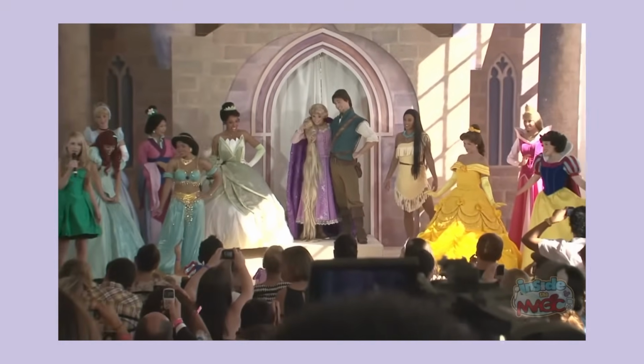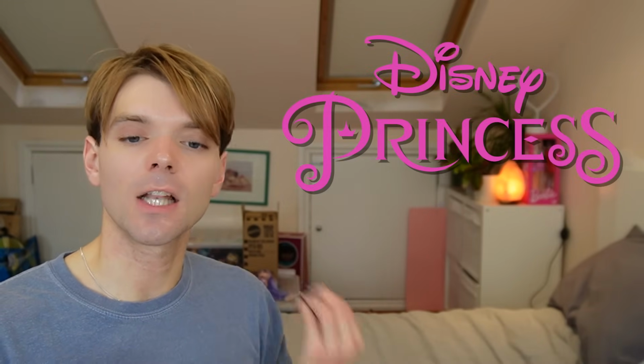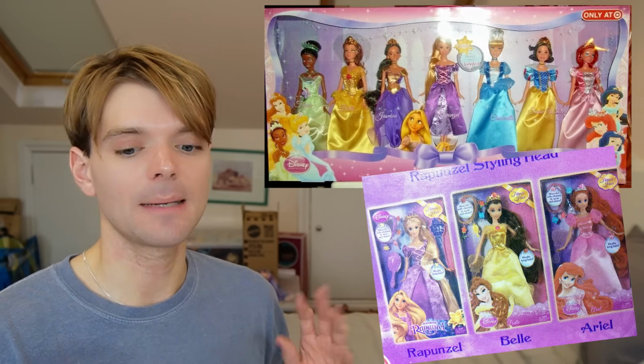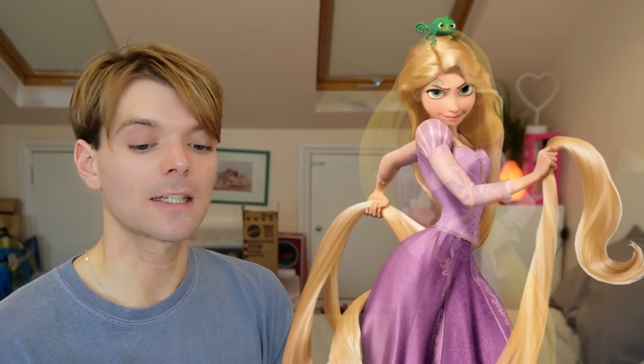Of course, after the coronation, the Rapunzel dolls' branding would change because they were no longer part of a standalone property, but they were part of the Disney Princess line. Before, Rapunzel would appear in some Disney Princess merchandise, but she would normally get a little bit of her own unique branding on the box. Mattel would give Rapunzel the Disney Princess treatment. All of her dolls now had the Disney Princess logo, and she got new artwork to better fit in with